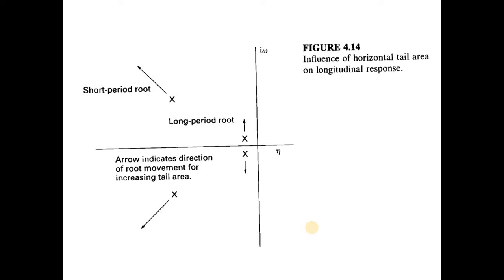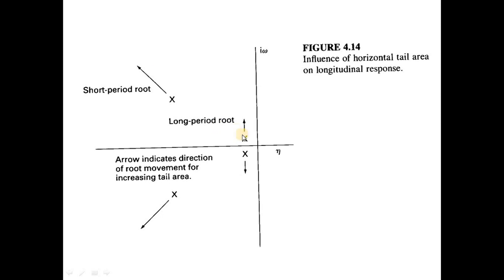Okay, tail size. So the direction of arrow shows if you increase the tail size, ke mana root ni akan pergi ataupun pole ni akan pergi. Okay. So let's look at the short period. So if you increase the tail area, okay, or kita jauhkan tail tu ke belakang, okay, jauhkan tail tu ke belakang, okay, meaning that your VH, tail volume ratio tu besar. Okay, so dia akan increase the natural frequency,